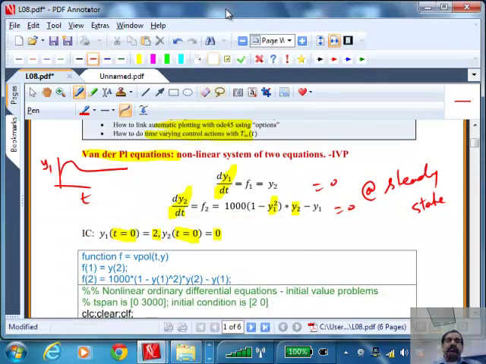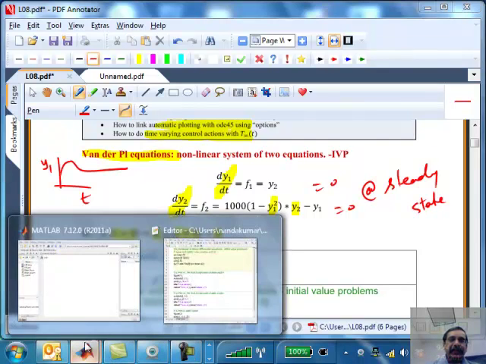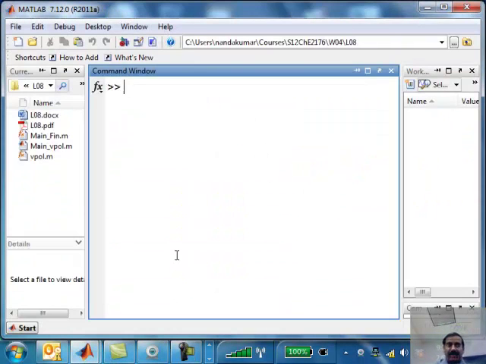And let me ask you this question. If I say this is a problem, go ahead and write those two functions. How many of you can do that? Feel confident that you can do that? No? Okay, it's not very difficult. I have the function here, but let's just close that and just start MATLAB. And let's write that function from scratch.